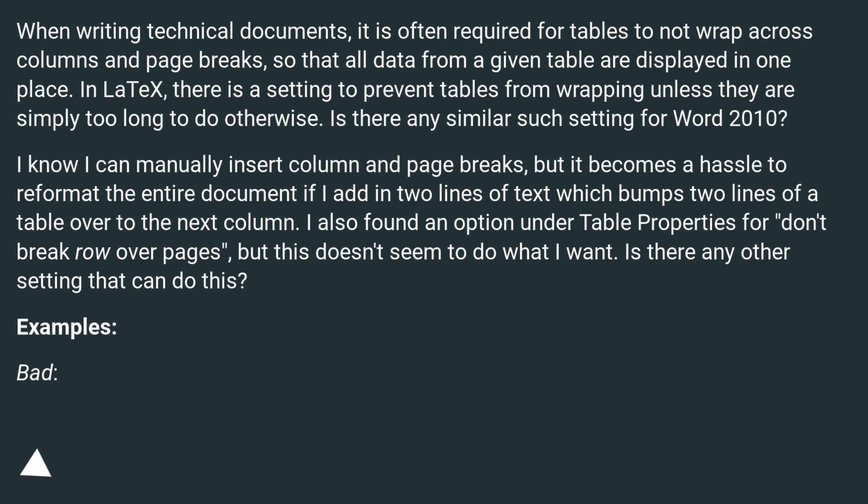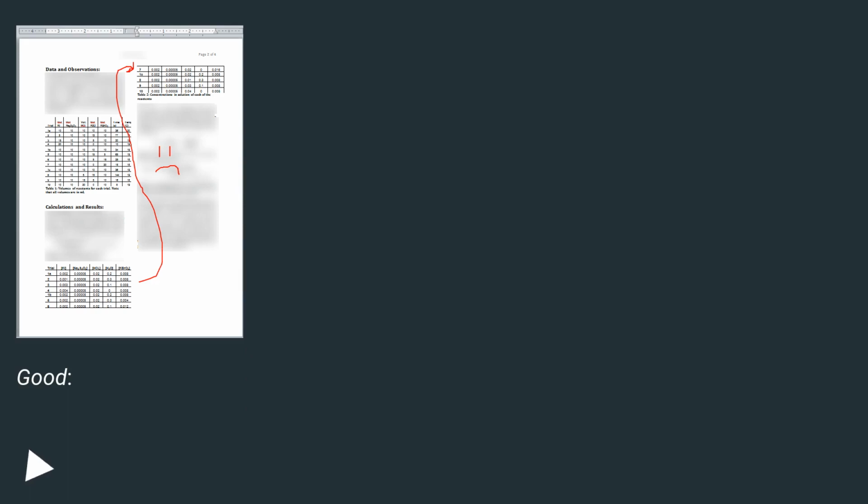I know I can manually insert column and page breaks, but it becomes a hassle to reformat the entire document if I add in 2 lines of text, which bumps 2 lines of a table over to the next column. I also found an option under Table Properties for Don't Break Row Over Pages, but this doesn't seem to do what I want. Is there any other setting that can do this? Examples: bad, good,